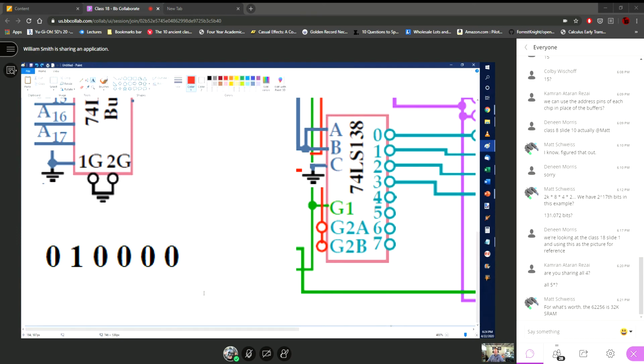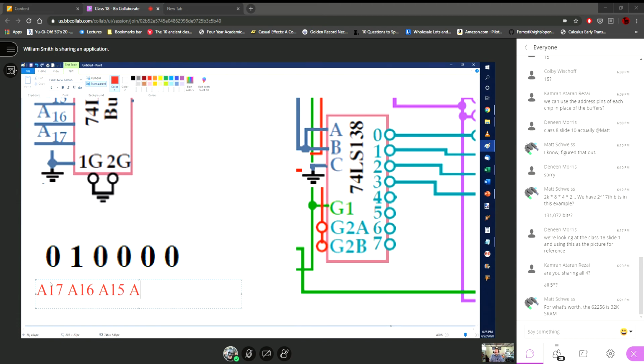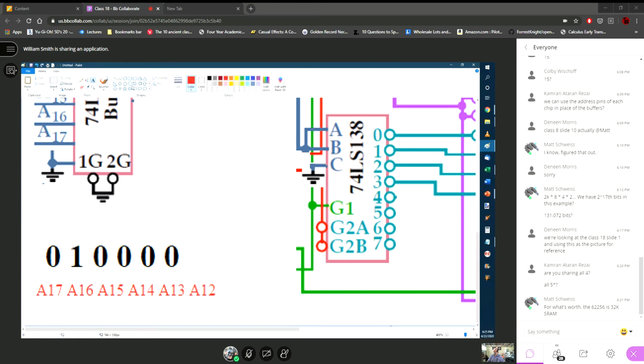Machine's running not too slow, but he's doing his best. All right, try this again. All right. Yeah, he went back to full size, didn't he? All right. A17, A16, A15, A14, A13, A12, and